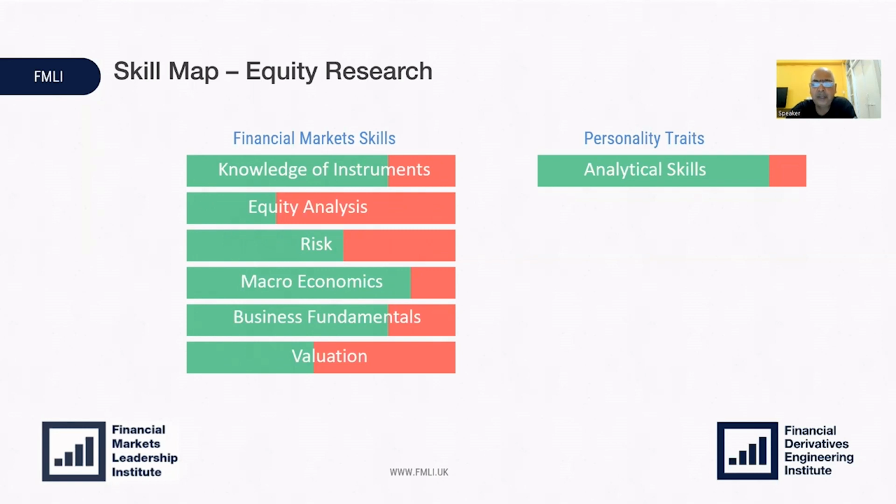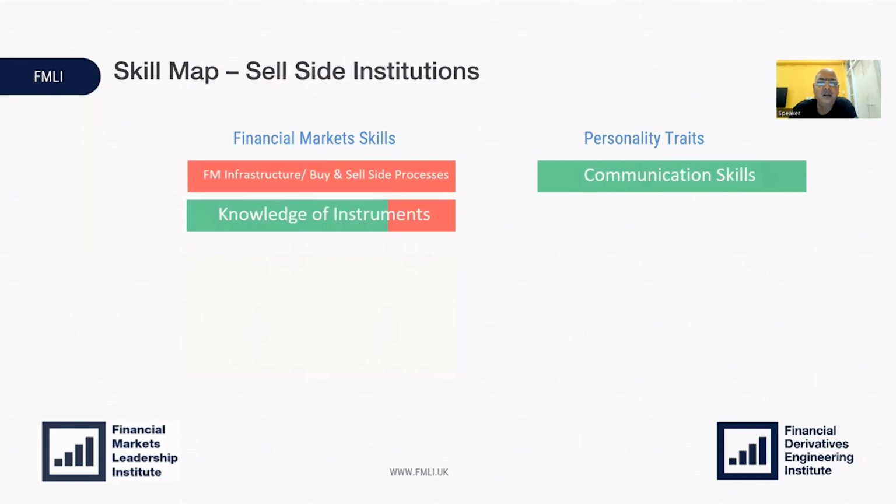Business models and business fundamentals is the key here. Equity analysis, risk, valuation, etc. And personality traits, you need analytical skills. For sell side institutions, where there are 80% of the jobs, you need capital markets, which is financial market infrastructure, buy and sell side. So one thing that comes common is that even in technology companies, financial market infrastructure,